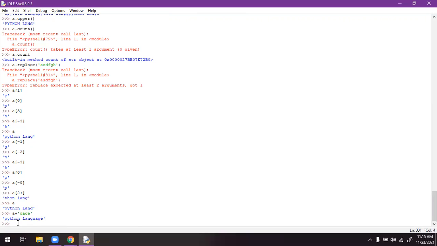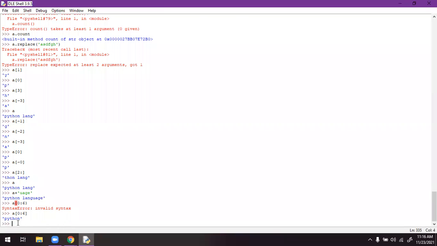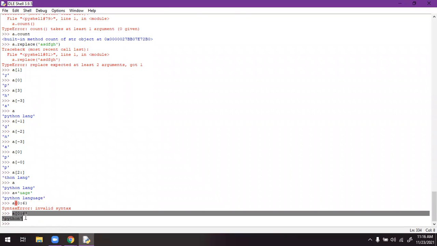So what I have to do is take it like this. I have to start with 0 and close it at 6, I think. You must mention it in square brackets. If I press enter, I got Python. This is called string slicing. I sliced the string.